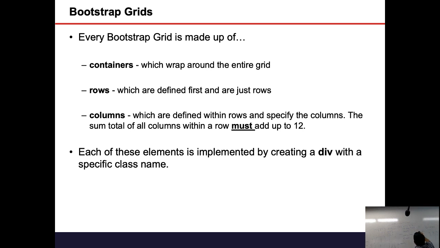This is just the way. Only if you have 12 elements. Oh, I see. You want like 12 columns? Yeah. Then you would say 1, 2, 3, 4, 5, 6, 7, 8, 9, 10, 11, 12. Yes, 12 columns. Every column div, every row div, every container div. Shouldn't say every container. Yes.